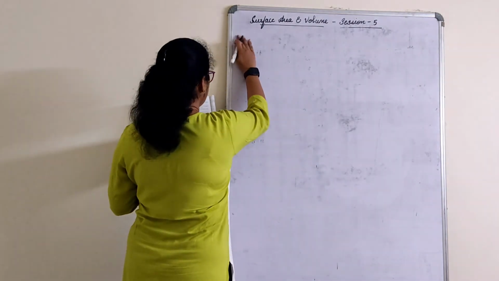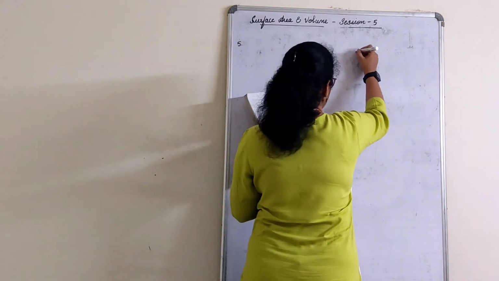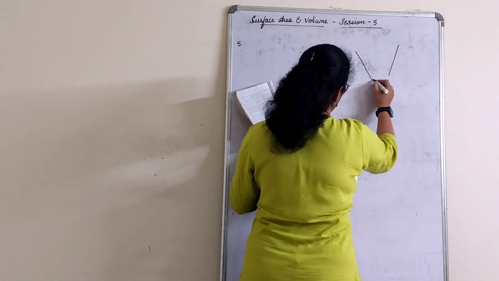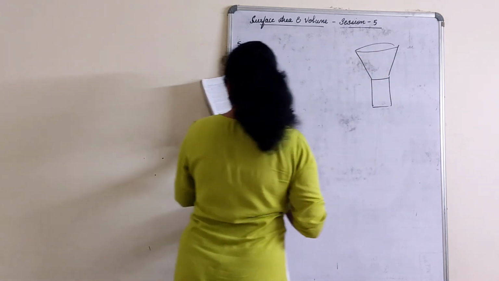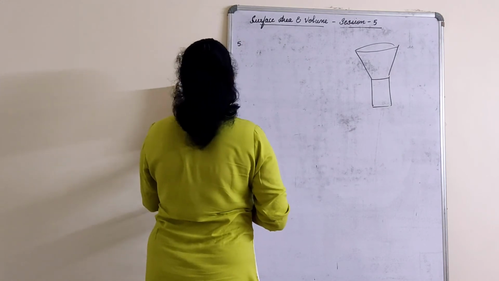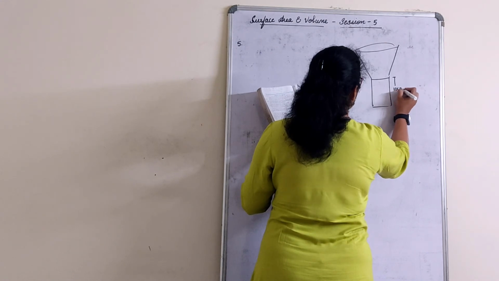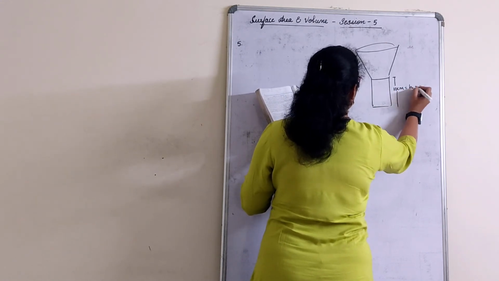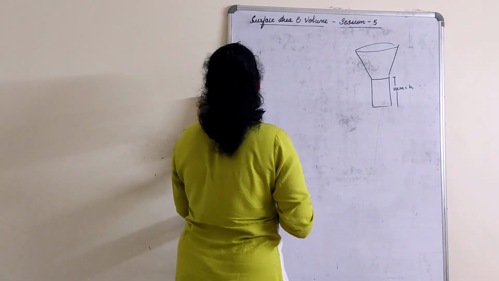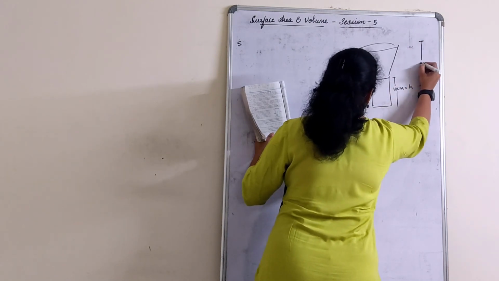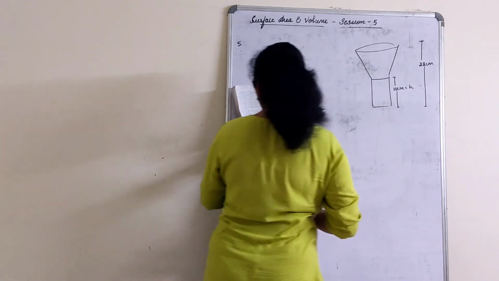So the last question, the fifth one. An oil funnel, you have a figure also given over here. So what shape is it? It is the shape of a frustum with a cylinder, right? An oil funnel made up of tin consists of a 10 centimeter long cylindrical pipe. So this is 10 centimeter, which is nothing but the height of the cylinder, and a portion attached to a frustum of a cone. Total height is 22 centimeter. Total height. Okay.